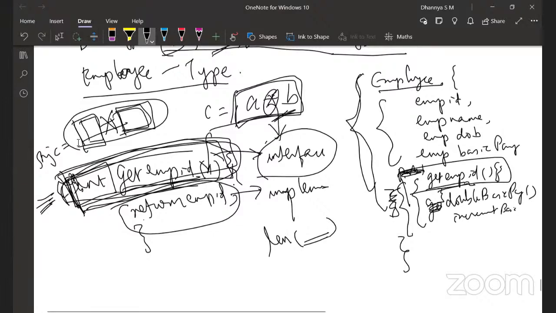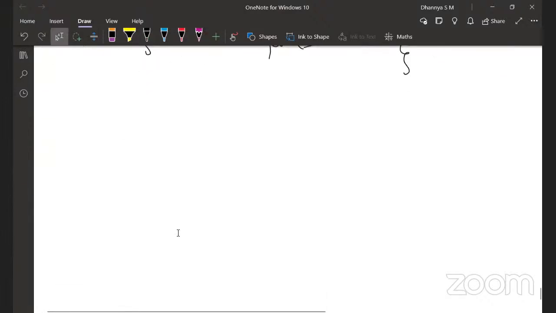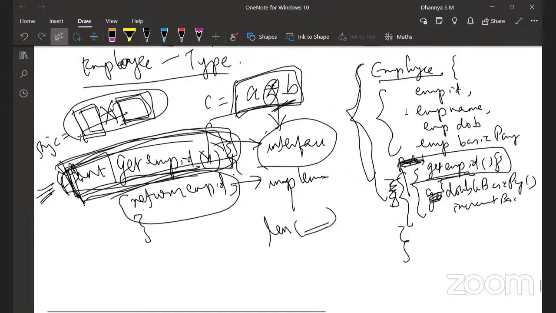I'll move on to the next one. Ma'am, what you just described, is it abstraction or abstract data type? The employee that I'm talking about with these methods is an employee abstract data type. The whole concept of hiding the implementation details from whoever has to use it is abstraction.